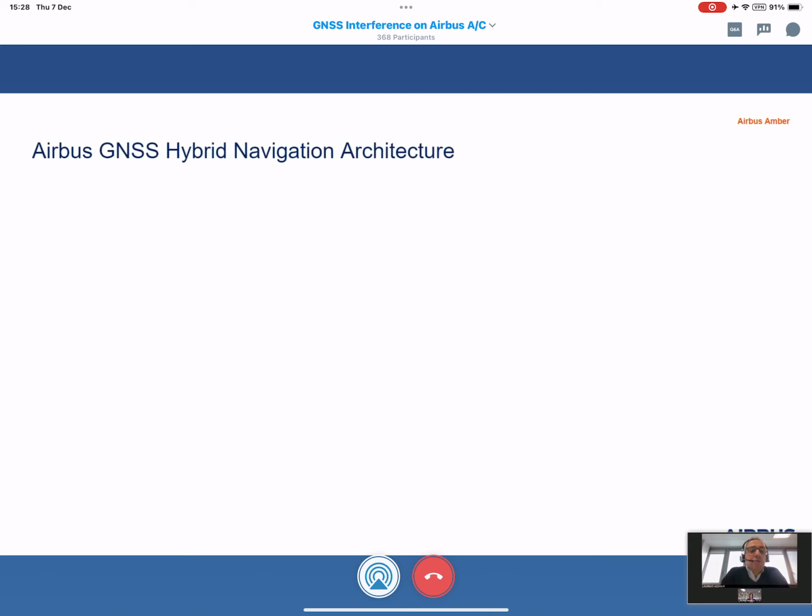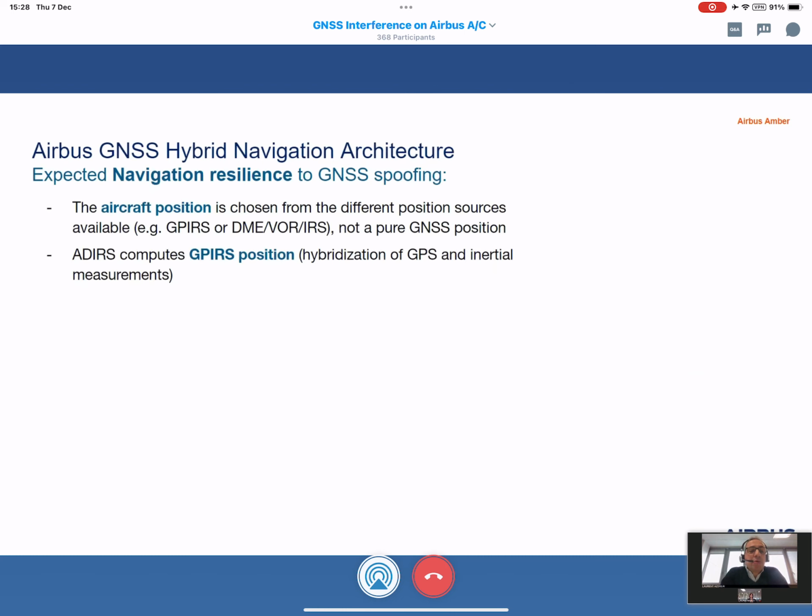So now let's have a look at how this kind of threats propagate through Airbus GNSS hybrid navigation architecture. As a reminder, as explained by Laura, the aircraft position that is used for guidance of the aircraft is a selection among three possibilities.